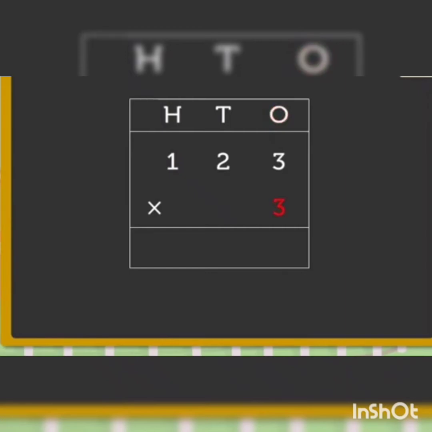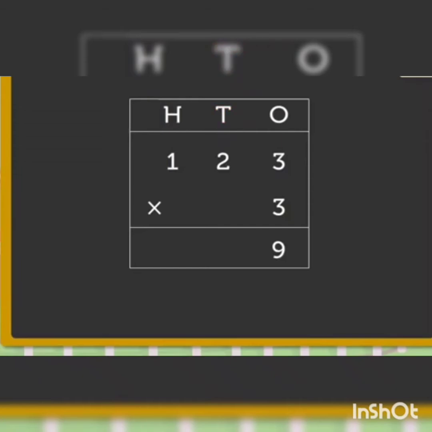At the ones place the digits are 3 and 3. At the tens place the digit 2 and at the hundreds place the digit 1. So, first you multiply the numbers at the ones place. 3 times 3 is equal to 9. So, we get 9 at the ones column.